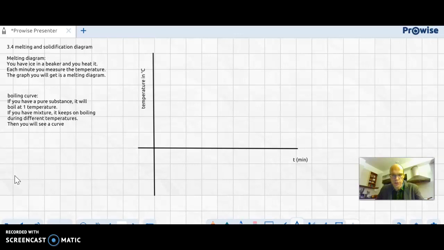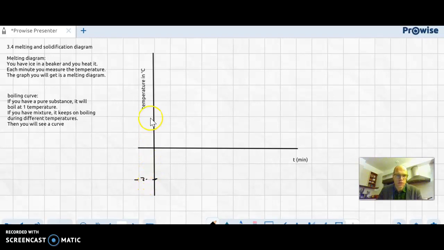Of course, we use a Bunsen burner. So we light up the Bunsen burner and we put it under the beaker with ice. And we measure the temperature each minute, and we make it into a graph. Well, we start with ice, so we are going to start with a temperature below zero. Suppose we start over here at minus